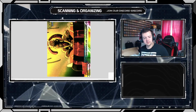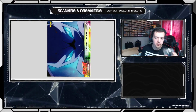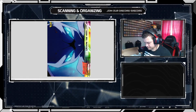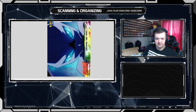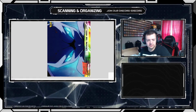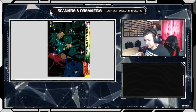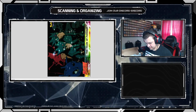I'm not even gonna bother. Getting so nitpicky with these movie cards is just gonna take forever. They are cool, though. Oh, the Tears. The one that revived Ash. Alright. Is there any more in there? Because I kind of want to just keep them together. Probably should have done that before, but...